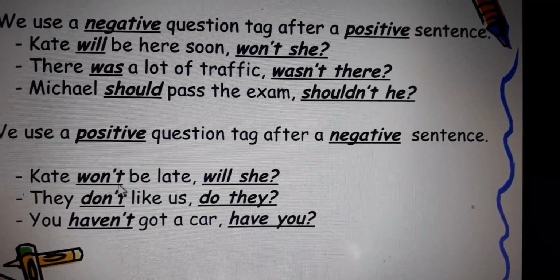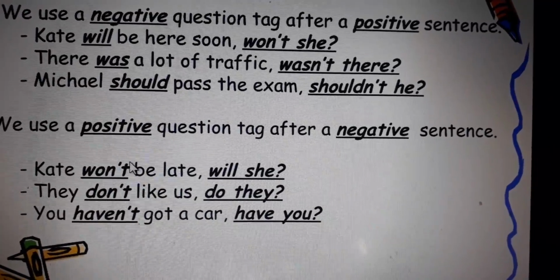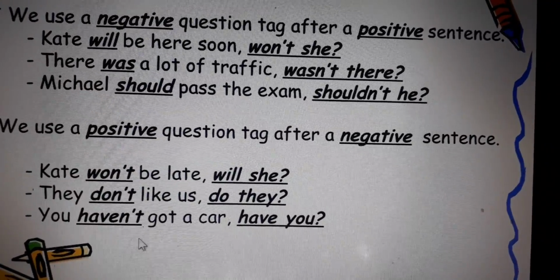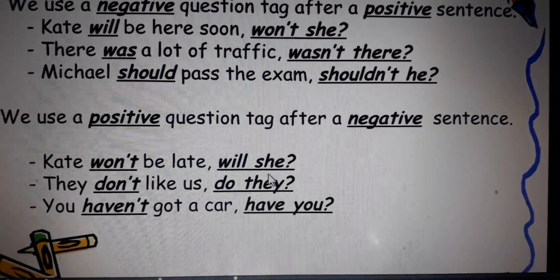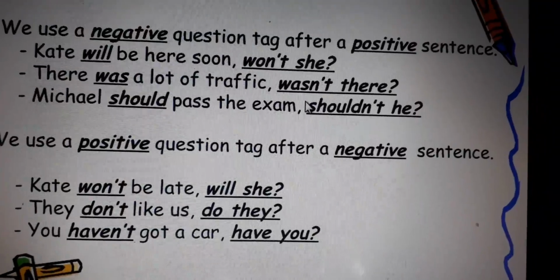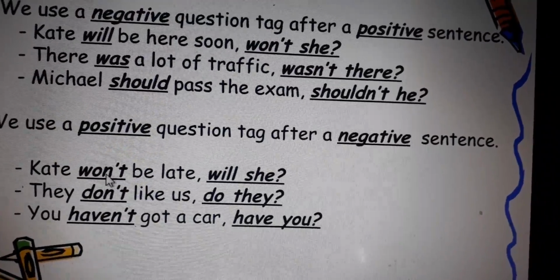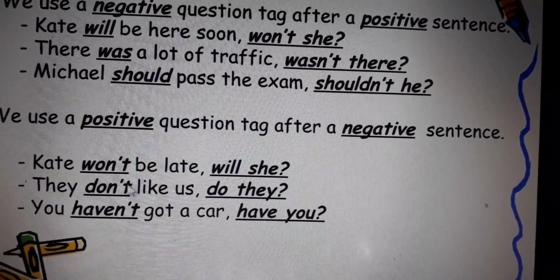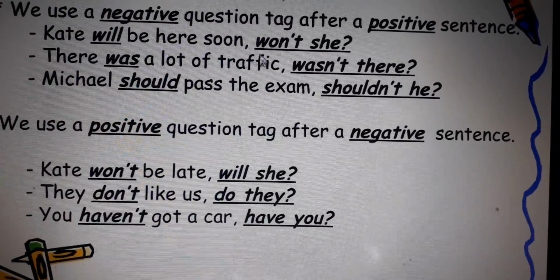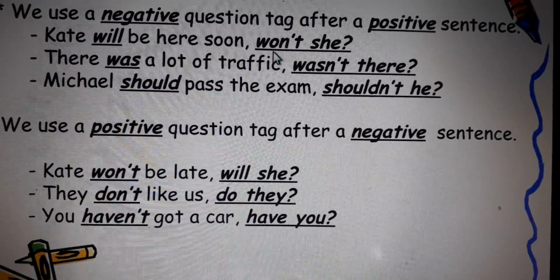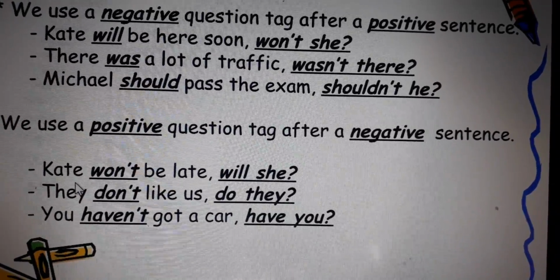Let's take a look at the negative sentences where we are providing the positive question tag. In short, you just remember wherever not is there, that is a negative sentence, and we have to provide a positive question tag there. It's vice versa. We use a positive question tag for the negative sentence. So, Karan won't be late. Won't will be written as will. In the first case, will was written as won't when we were providing a negative question tag, but here won't is negative, so we have to write will she, right?